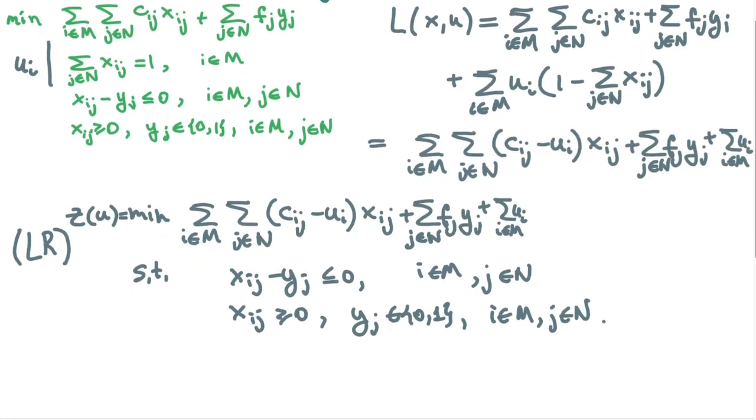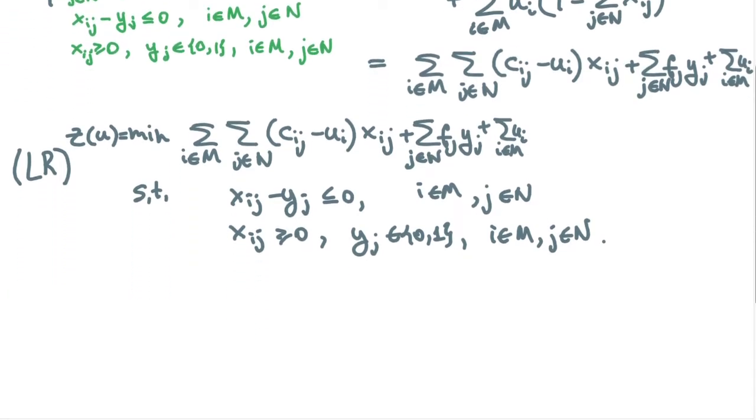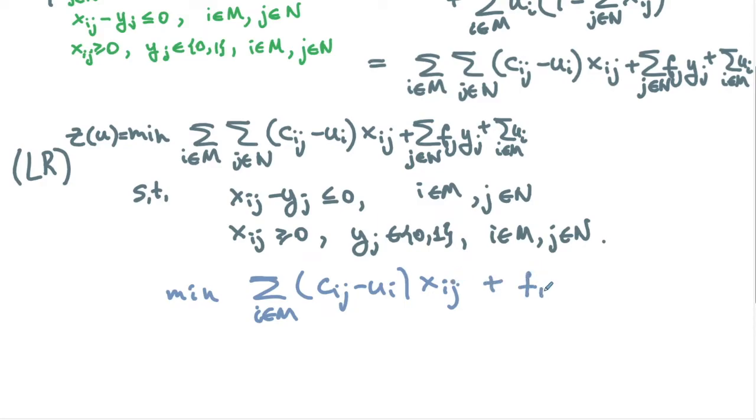So in particular, if we write down the part corresponding to the index j, we'll obtain the following problem. Minimize the summation for i in M of (c_ij minus u_i) multiplied by x_ij plus f_j y_j,